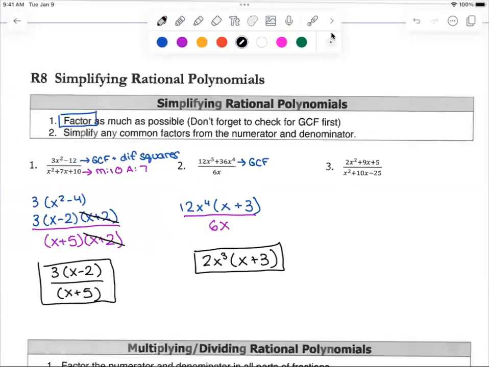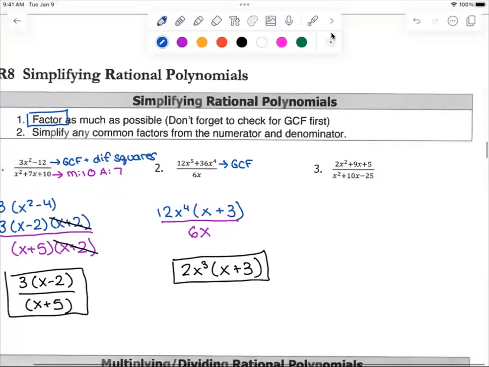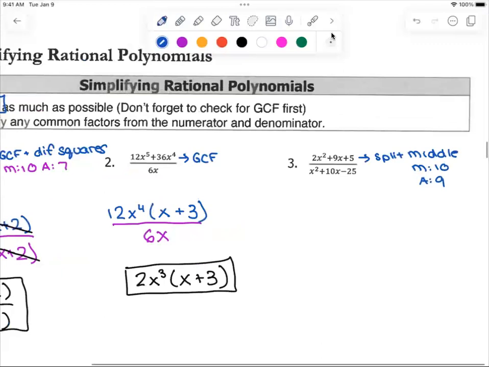Okay, number 3. So I'm going to take a look at the top. Again, this is a trinomial, but the a does not equal 1, so I'm going to have to split the middle. So here it's multiplying to 2 times 5, which is 10, and adding to 9. So I'm going to do some of this work here. So two numbers that multiply to 10 and add to 9 are going to be,